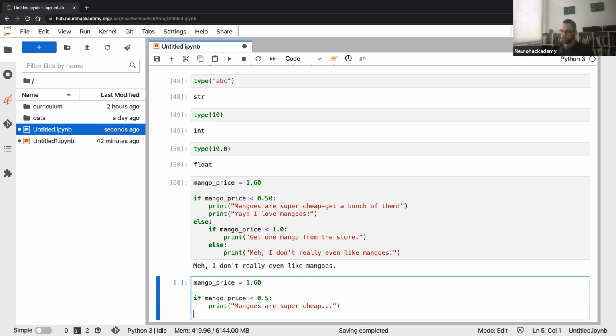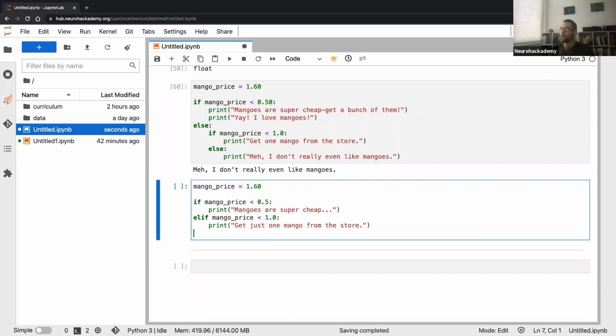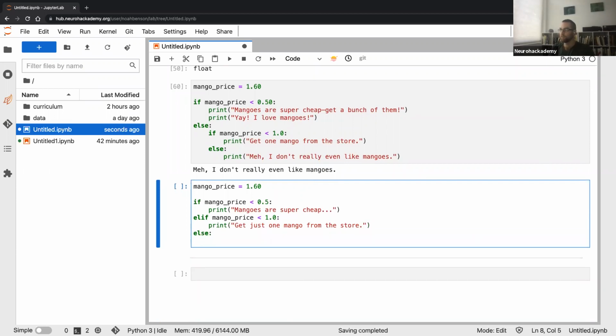And then we'll use a variant of the if line called elif. This is short for else if. So we can say elif mango price is less than 1.0, print get just 1, sorry, I need to scroll down, store. And then we can have finally an else, and we can print